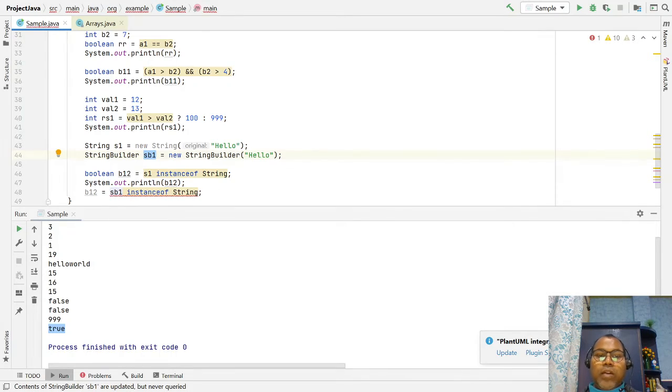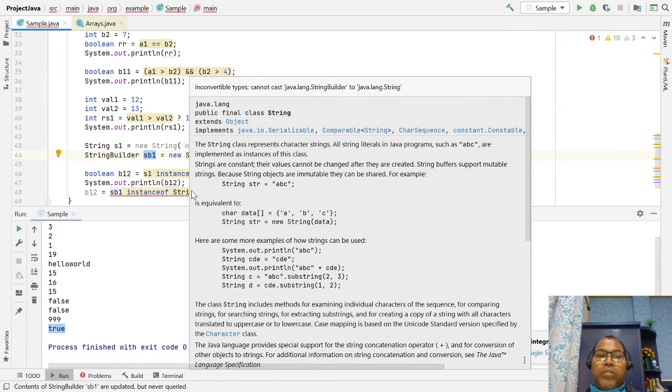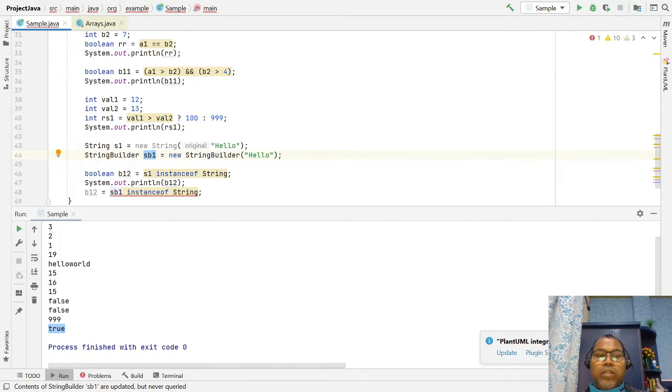The compiler will identify that as well. And if you check sb1 as an instance of StringBuilder, then it is true.